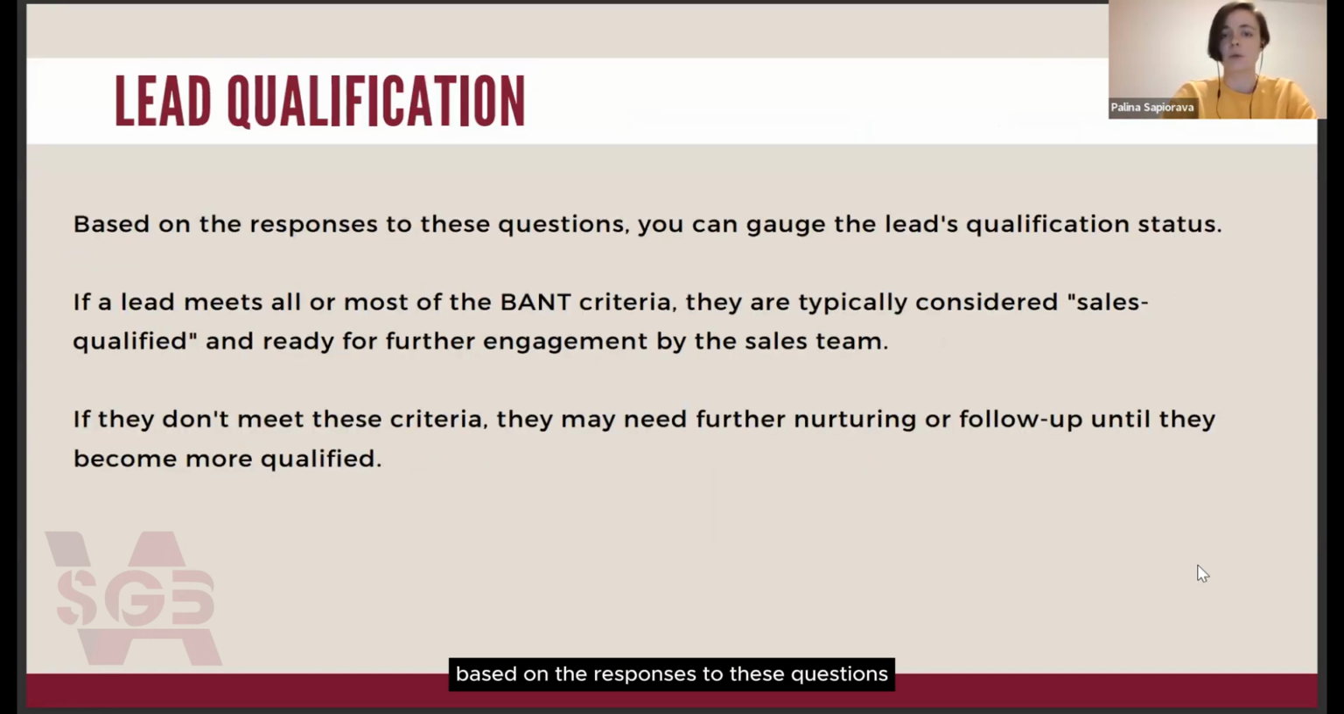Based on the responses to these questions, you can gauge the lead's qualification status. If a lead meets all or most of these criteria, they are typically considered sales qualified and ready for further engagement by the sales team. If they don't meet these criteria, well, they aren't ready, obviously, for further engagement by the sales team, but they may need further nurturing or follow-up until they become more qualified. Probably the lead is busy right now and needs more time. So you can reach out to them later, and then you can make sure that they are ready for further